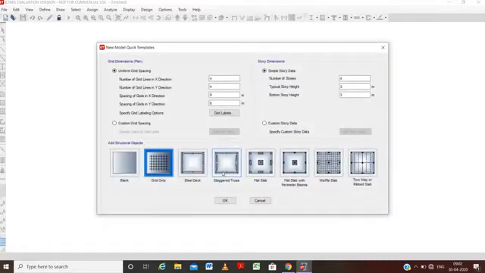Now as you have seen the drawing, we will first draw our grid lines. In the grid lines we can see in the X direction there are 4 grid lines, and in the Y direction there are 4 grid lines, and the spacing between the grid lines is 6 meters. So we will change this to 6 meters. The total stories are 23 and all are 3 meters in height.